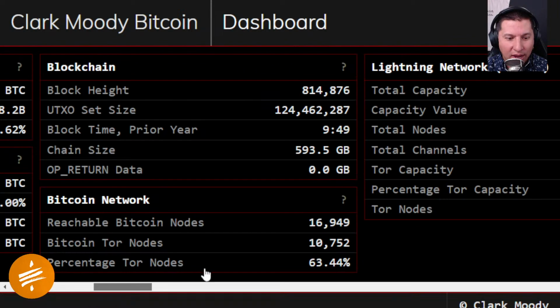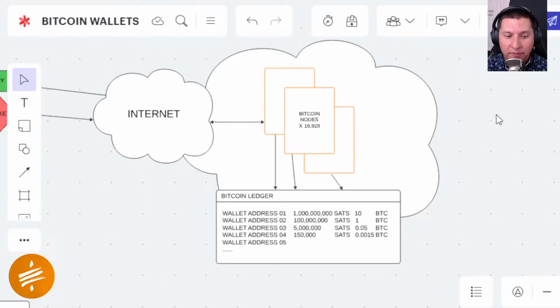Currently on the Bitcoin network, we have 16,949 reachable nodes, right? And at any time, oh, these are also Tor nodes here, so 10,000. Okay, so that's how many nodes are on the network right now that are available to reference,